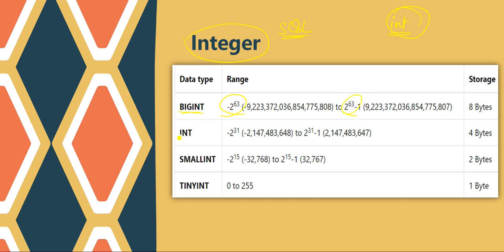Int is from negative 2 to the power 31 to 2 to the power 31, and small int is from negative 2 to the power 15 to 2 to the power 15, negative and positive both. And tiny int is used where we need to store data between 0 and 255 only.